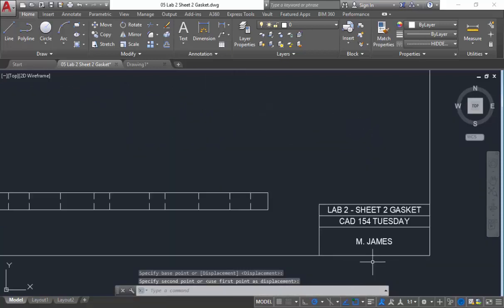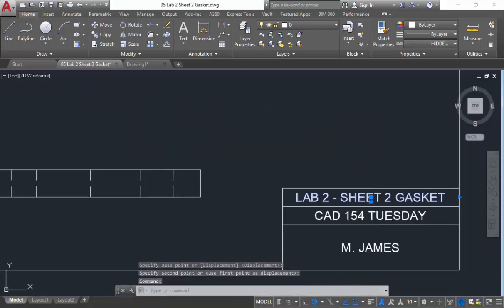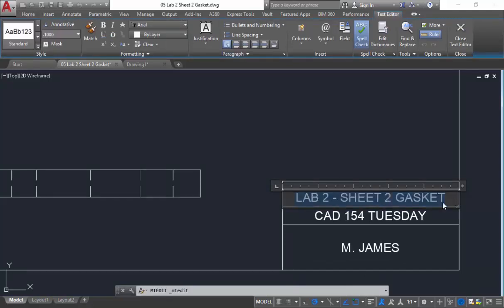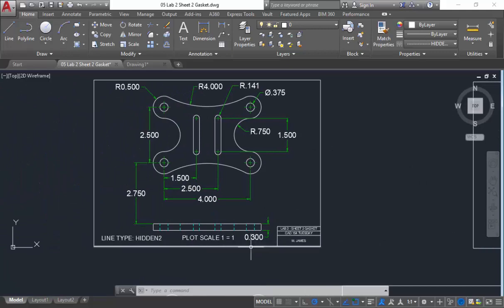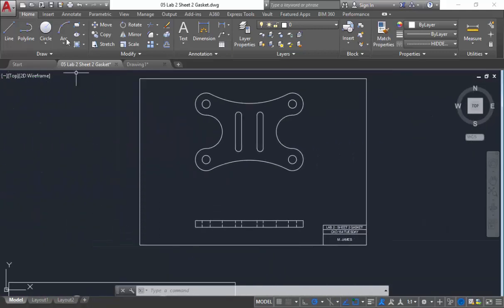Okay, to edit the title block, double click on the text and rename it Lab 2 Sheet 2 Gasket. Put your class, whatever night your class is, update your name, and then we're ready to print. You can rewatch the video on how to print if you can't remember. The print scale is 1:1. So when you go to print,